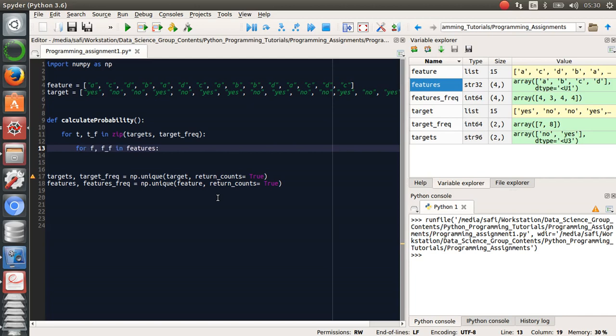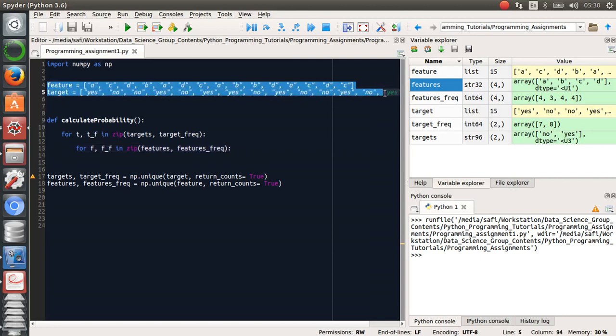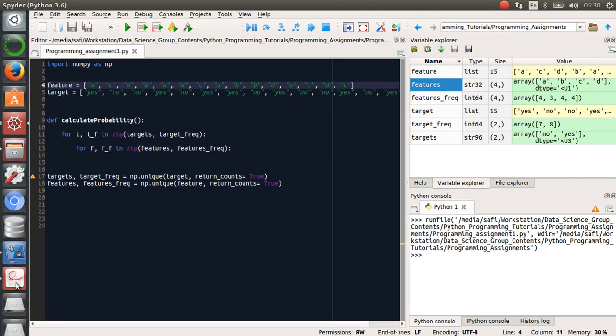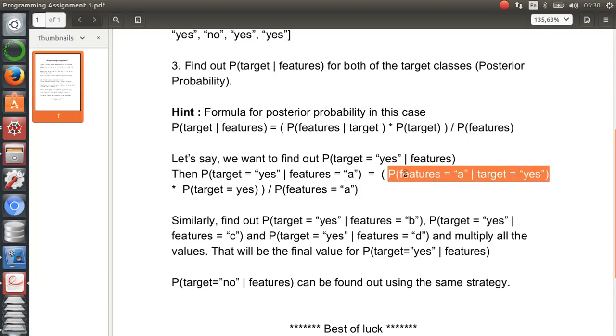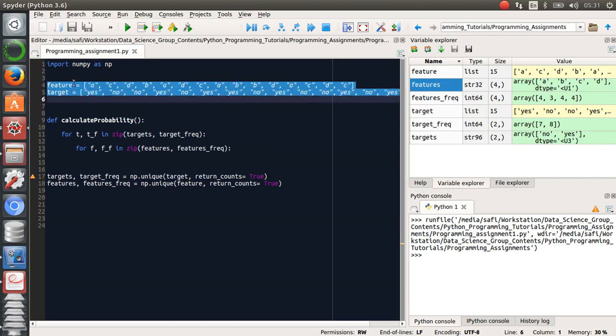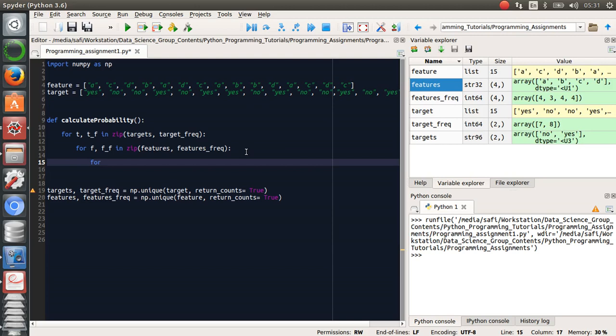Also, I want to do the same for features here, features and feature frequency, and again I'll enclose them by zip function. Perfect. All right, so for different combinations, we want to find out the number of hits, right? So remember what I said, when you are trying to find out result of this part, we wanted to figure out how many of these combinations are there in our domain, right? Like feature being A and target being yes. So we can do the same very easily here when we will bring feature and target into play. Okay, so we will bring it here in the third loop,